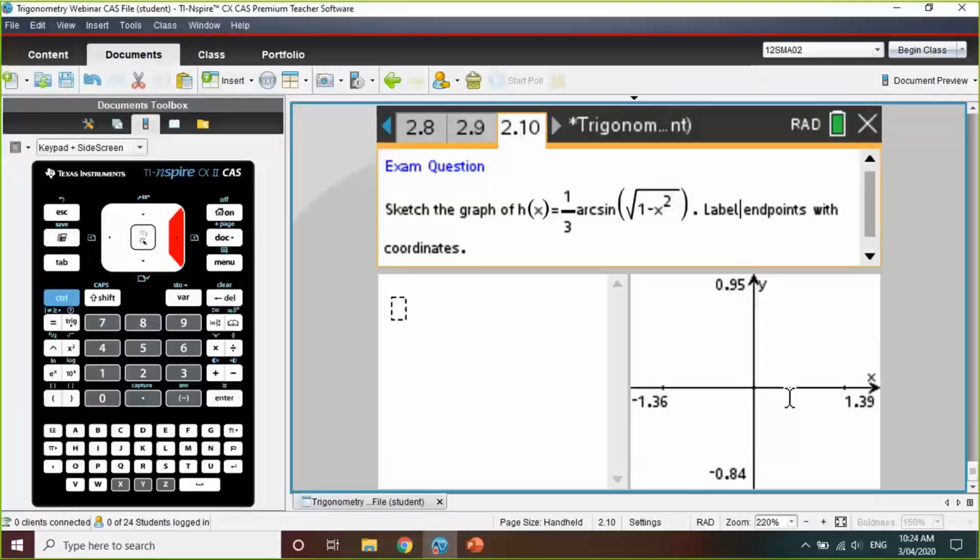All right. Now, just finally, one other thing that has appeared in past years is often we want to try and sketch an inverse trig graph and label their coordinates. Right. So at the moment, I've got 1 over 3 arc sine root 1 minus x squared. So once again, we need to be comfortable in working with arc sine or inverse sine. So we can go ahead and define this thing. So I'm just working in a calculator page here. So once again, I can define hx